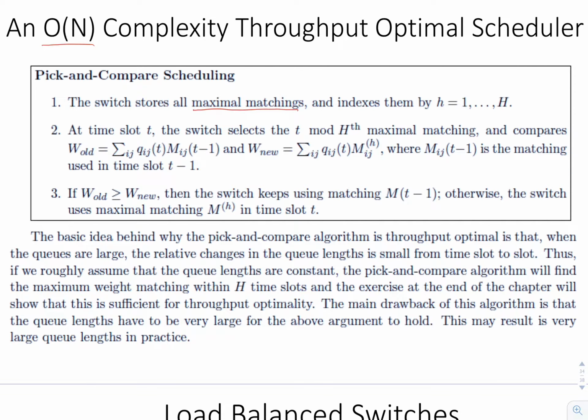Now it is easy to show that if the input into the first stage of the switch, destined to output J, is lambda IJ, the first stage will distribute the arrivals such that the total number of arrivals into virtual output queue IJ in the second stage is going to be the average of the arrivals destined to output port J arriving at each input port. Okay, so then clearly lambda IJ2